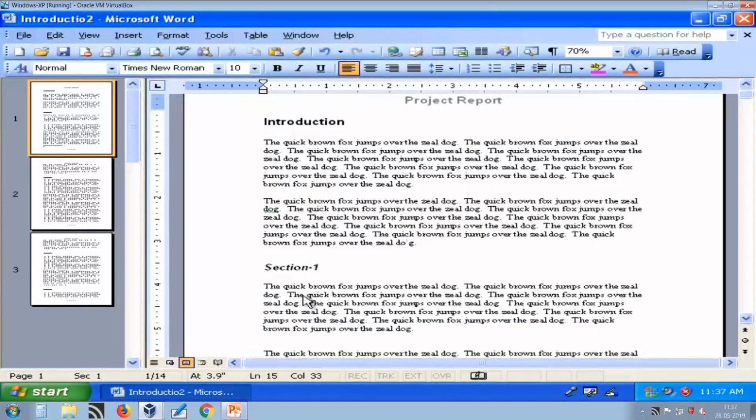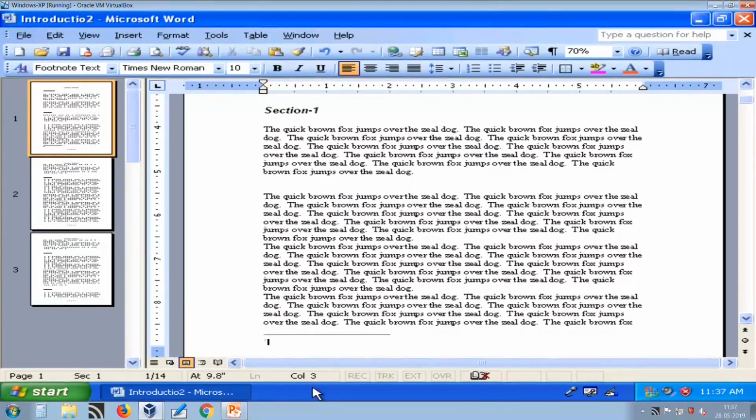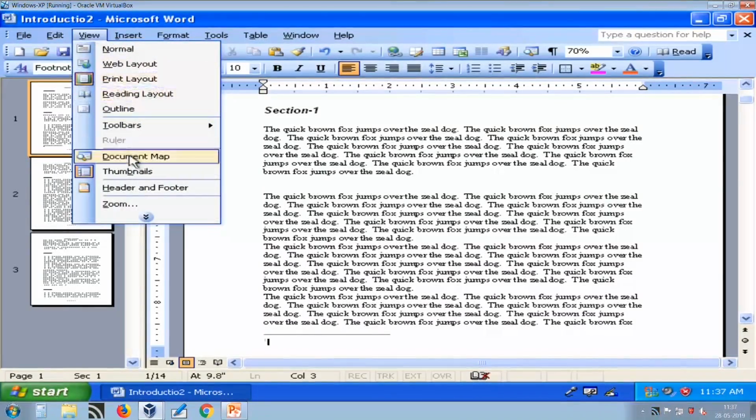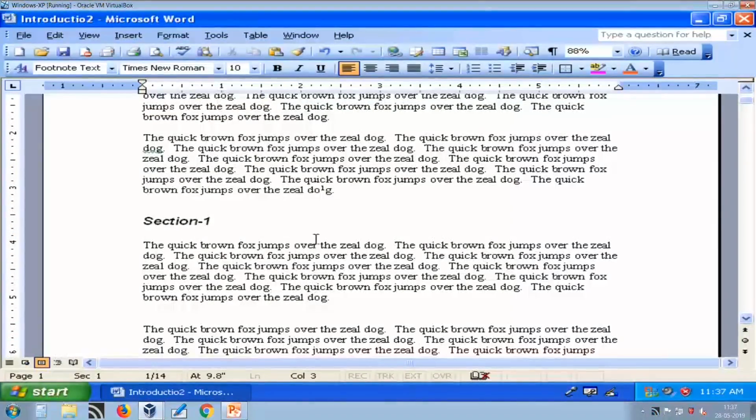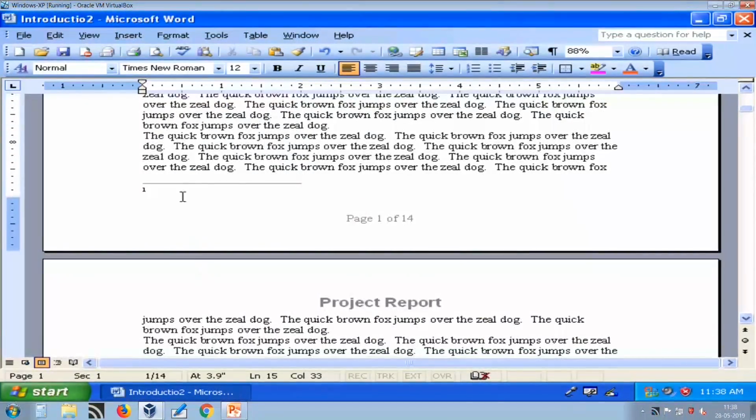So, now you can see we need to hide this thumbnail, and you can see here that my footnote is inserted, and here I can give it a description.